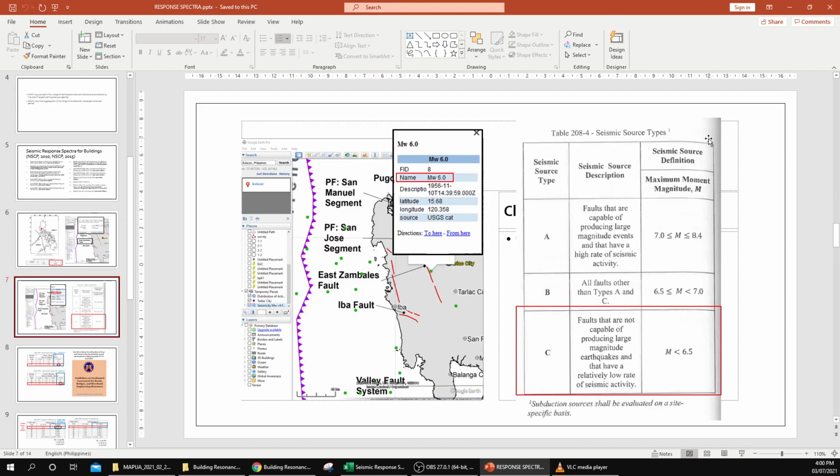Now let's look at the seismic source type. So we are in Zambales, and you can check Google Earth and then open the active faults and trenches map of PHIVOLCS. In their website, they actually have a KMZ file that you can open in Google Earth. And from there, it's really convenient. You can just see the faults that are near your project site. So in this Zambales project, the nearest fault is, I think, the East Zambales fault,